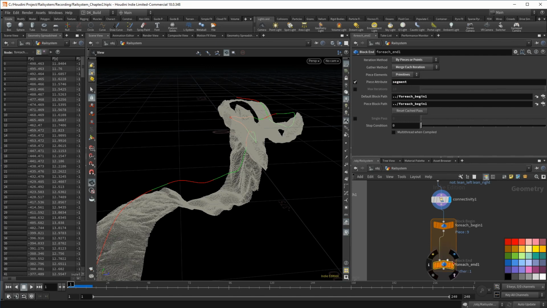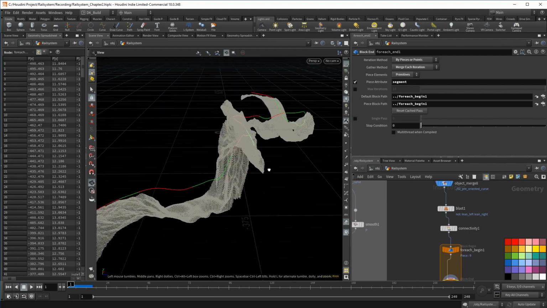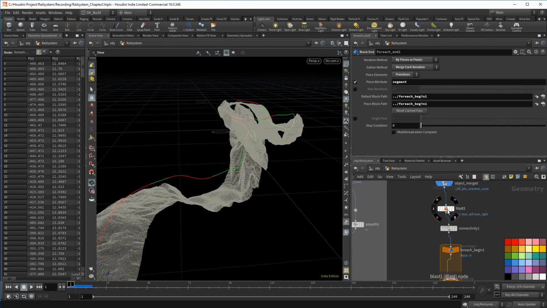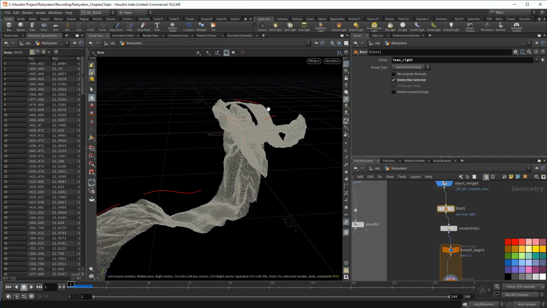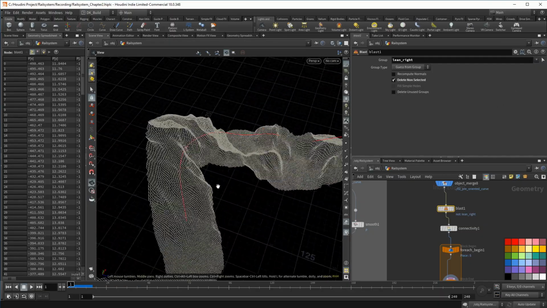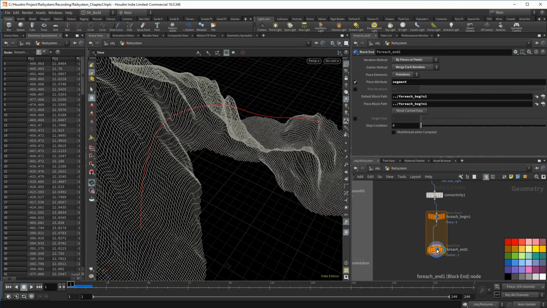I did that by hand to show how they are connected. But you could have also used the for each connected piece preset, which would have created the connectivity node for you. Now with that in place, let's look at a specific piece to demonstrate what should happen. Let's see where the different areas are. We might want to look at this part in the lean right group. This will have a strong lean factor, which is a shame since it will happen in a tunnel. But it is a good example.